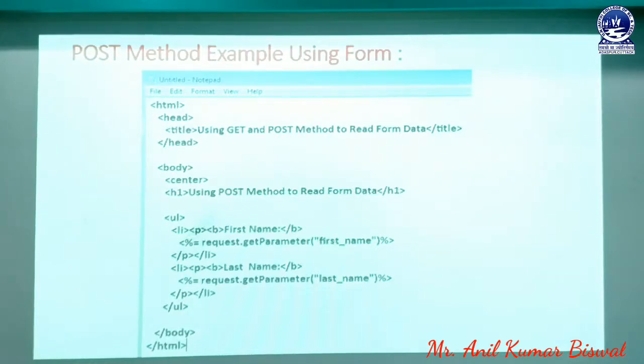First name is a part of your HTML form, but this coding is related to the JSP page. Whenever the user wants to save this programming statement with a file name, the file must be saved with .jsp. Whenever the user saves that file with .jsp, it is denoted as a JSP file.